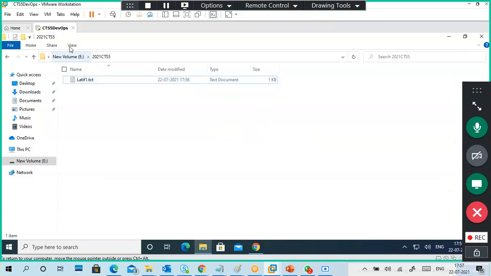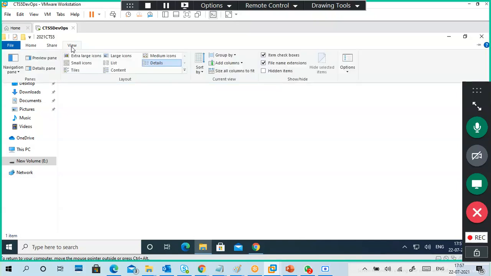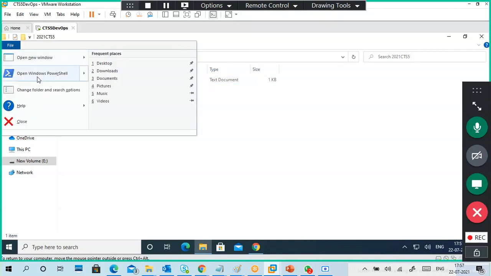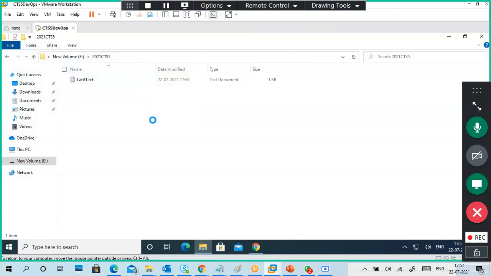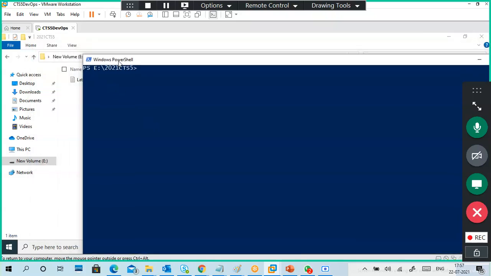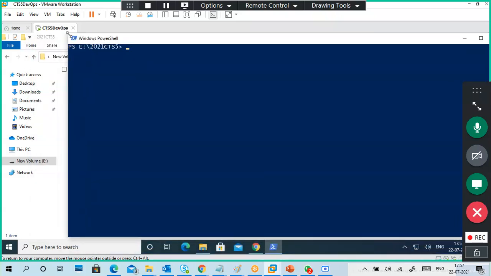Now everything is fine. Now I'm going to view hidden files. Select hidden files. If there are no hidden files here, you will get it. Now I'm going to File, Open PowerShell. PowerShell is starting, it is a little bit late, but it will work fine. Why PowerShell? You can use git commands in CMD and CLI also, like Linux terminals, and PowerShell also we can use, no problem.